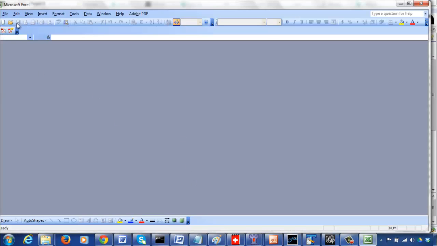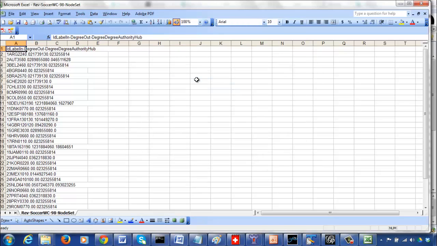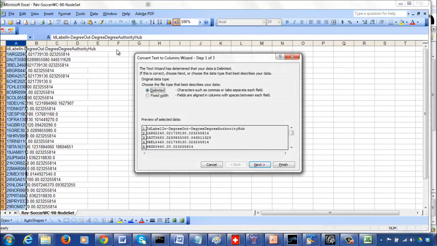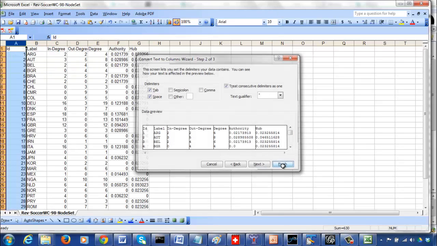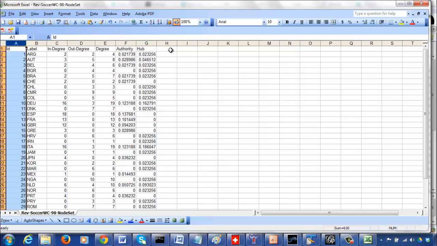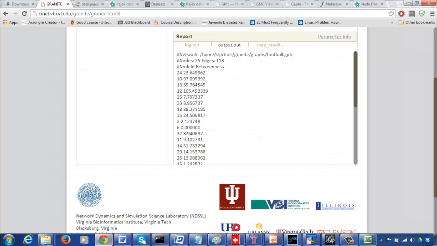Now let's go to Excel and open the new revised set. It's all clubbed together like this, so just select the first column, which means you have selected everything, then break it into columns, and it shows the different options. Now let's add our betweenness values. I'm going to say betweenness centrality, and now get the values from